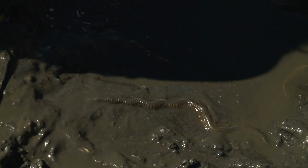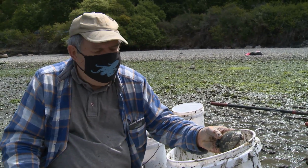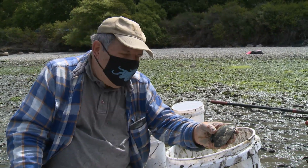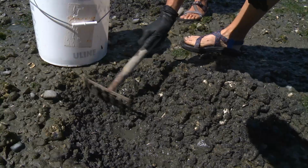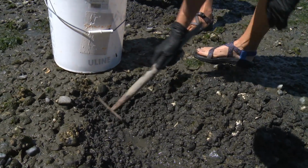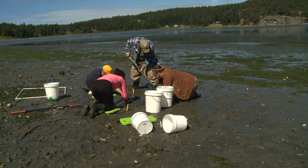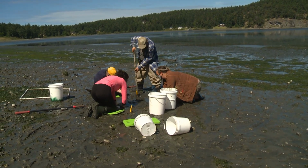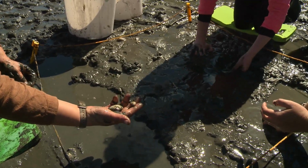Most public beaches are never checked to find out what the actual harvest is and how that relates to natural rates of production. We'd like to see people able to dig clams here forever as a community food resource, so we need good scientific monitoring, which the state doesn't have the resources to provide. Oh, beautiful, in their little